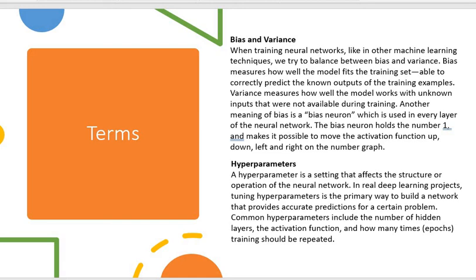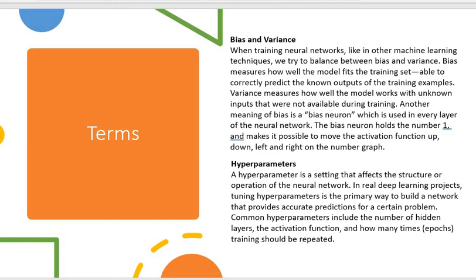Then, variance is the variability of the model prediction for a given data point or a value, which tells us the spread of our data. A model with high variance pays a lot of attention to the training data and does not generalize to data which it hasn't seen before. As a result, such a model performs very well on training data but has high error on the rest of the test data. So there is a trade-off between bias and variance that we have to maintain while we create